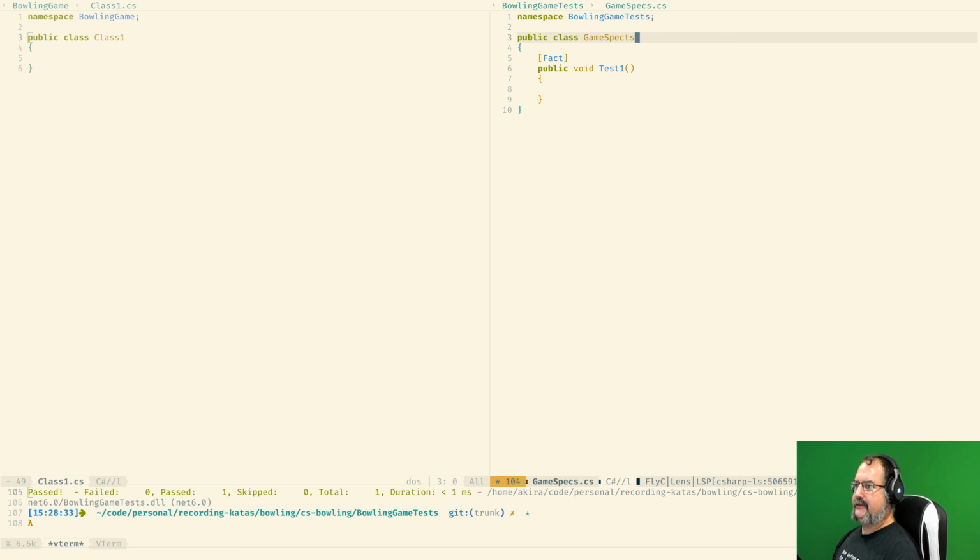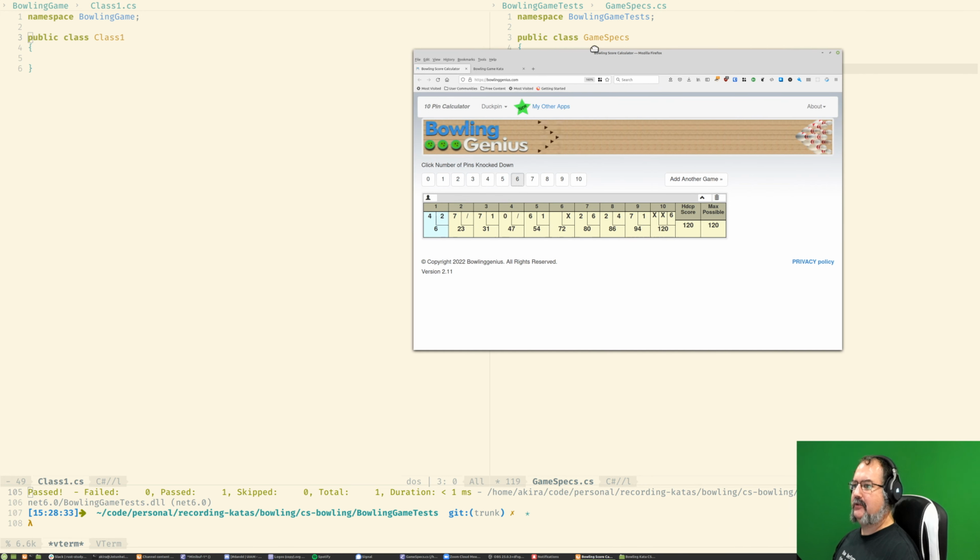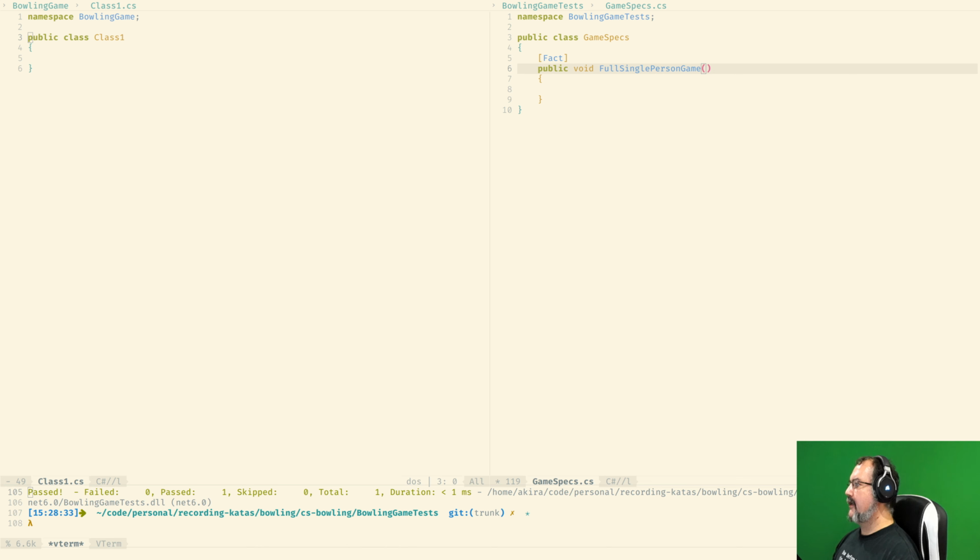Game specs, and the initial test is gonna be full single person game, which is what I have over here. Yeah, this is a single person game, so that's what I'm gonna be setting up here.